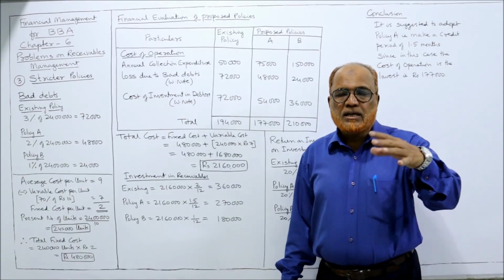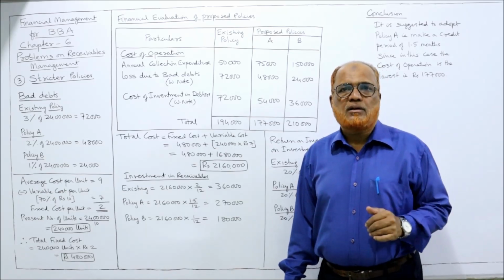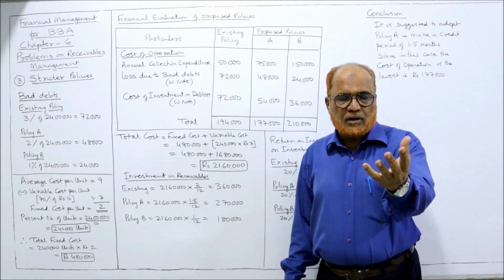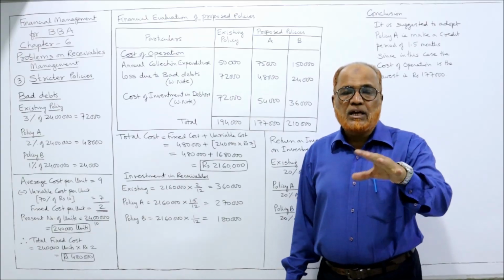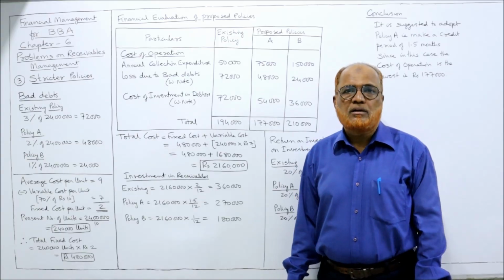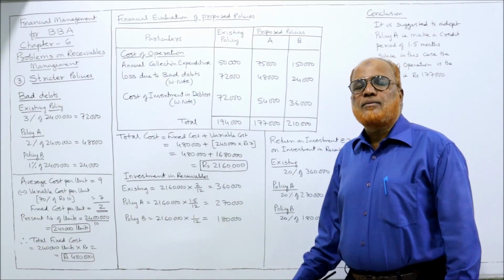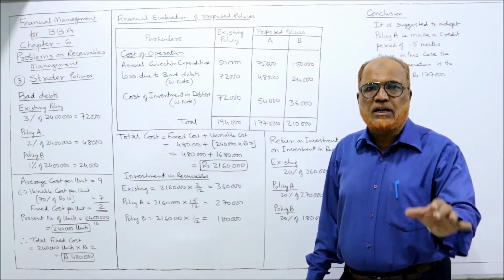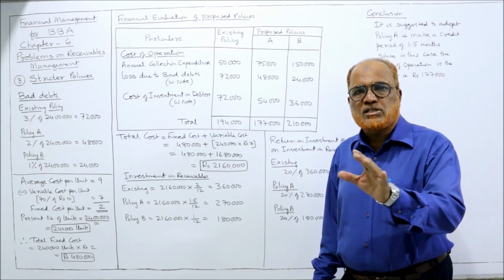When the business makes the investment, making the expenditure, it wants some return because the cost of capital is there. So from wherever the company has raised the funds, it has to pay the cost of capital. So the money invested in debtors, the business wants some return. That is called cost of investment in debtors, right? At what rate? It is given 20%. 20% of the investment in debtors.